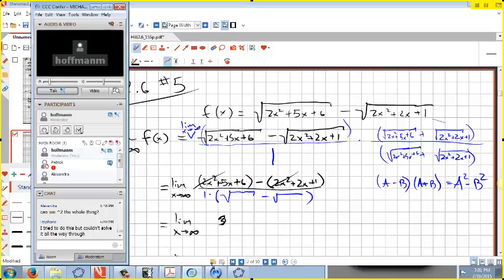A hand, yes. Stephanie. First, multiply by the conjugate. And Alexander asked, can we square the whole thing? No, because that actually wouldn't help you. If you square the whole thing, you'd still have square roots in the problem. And in order to do it all the way through, you're going to have to,